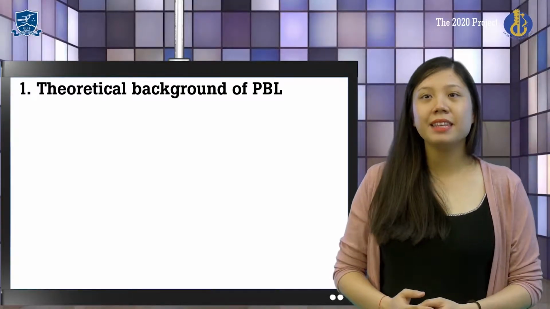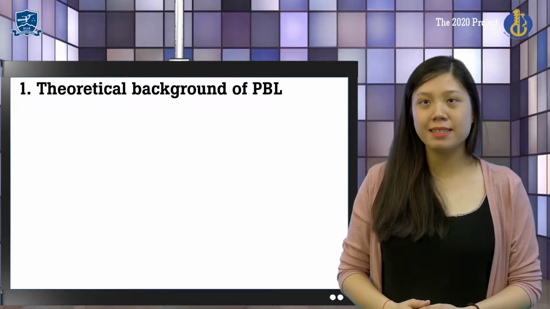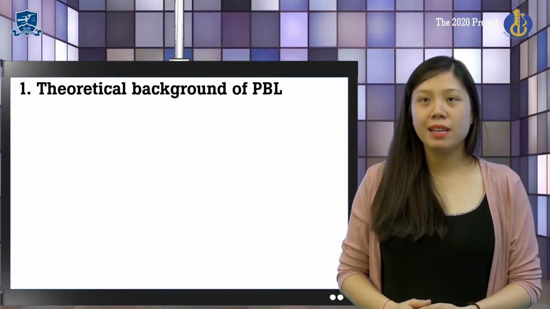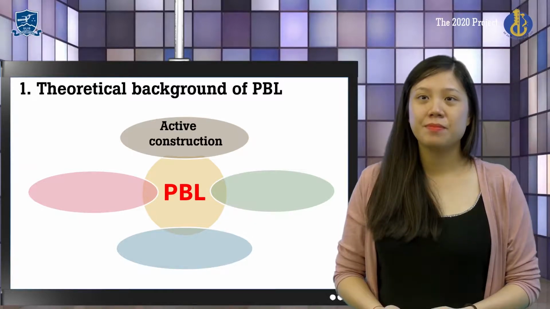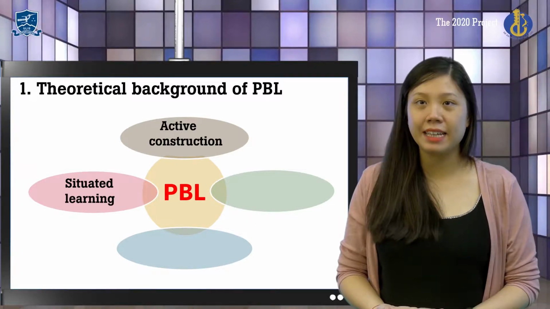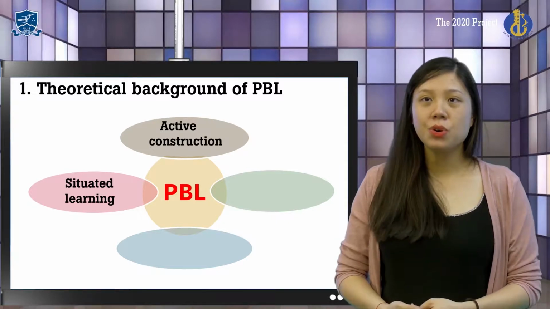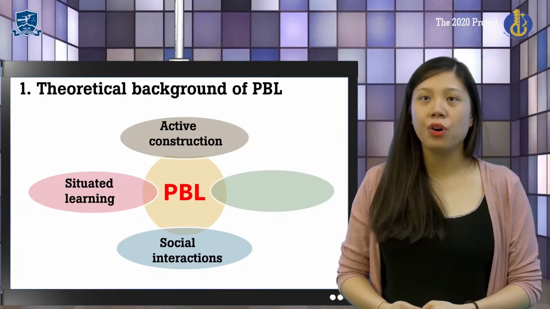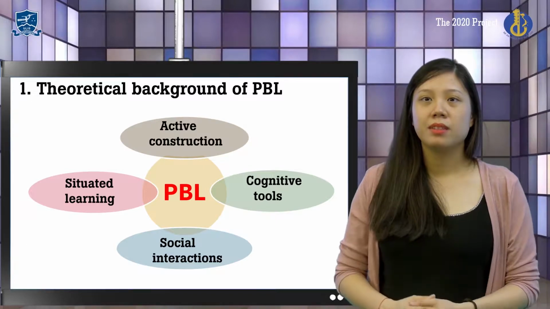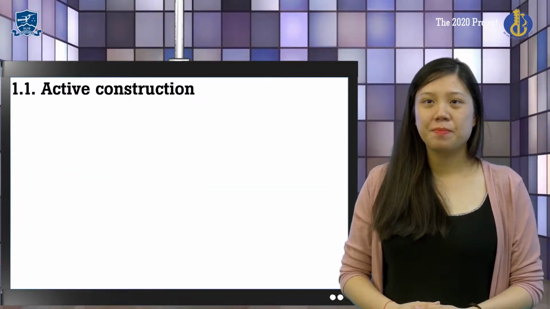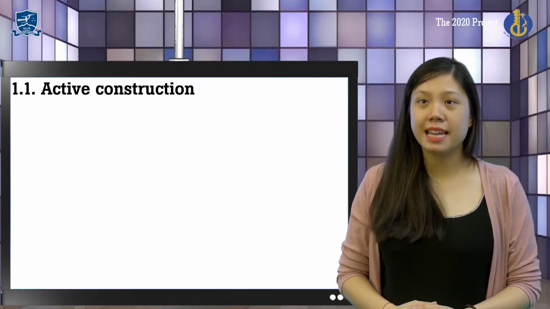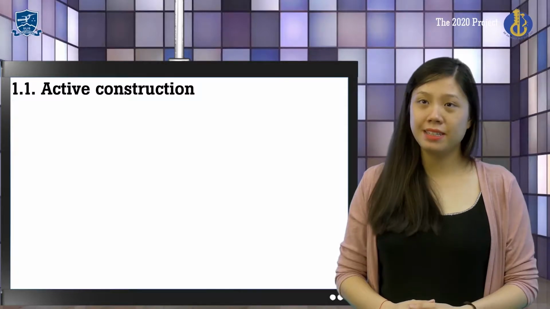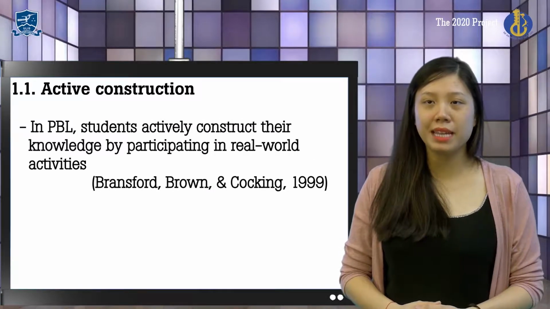Once discussing the theoretical backgrounds of project-based learning, there are 4 learning theories that should be referred to. 1. Active constructions. 2. Situated learning. 3. Social interactions. And 4. Cognitive tool. Active constructions. Learning science research has found that deep understanding occurs when a learner actively constructs meaning based